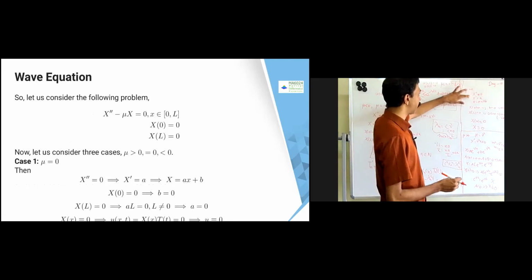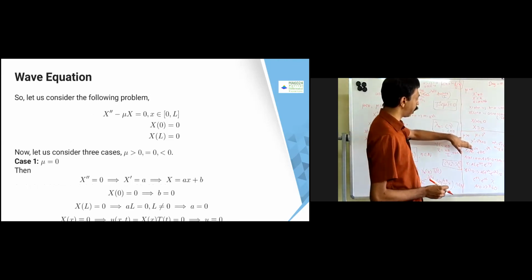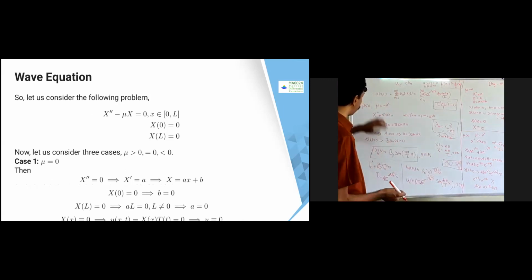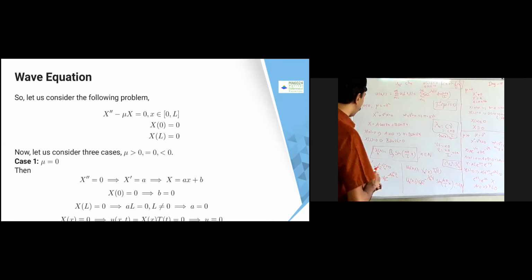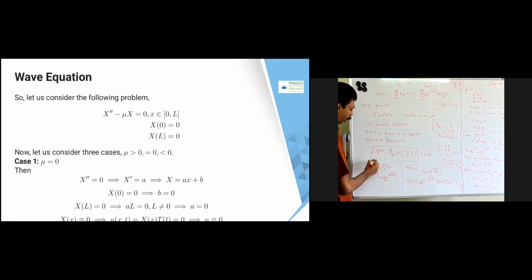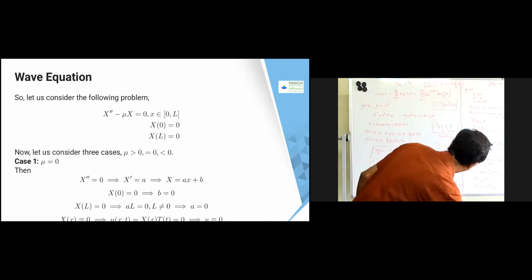Again, you can discuss the nu equal to 0 case, nu greater than 0 case. This will become 0, this will become 0. Everything will become 0. Only nu equal to minus mu square is going to survive. So now what we got is, instead of t dash, t double dash, which is square, u square, c and ut is square.